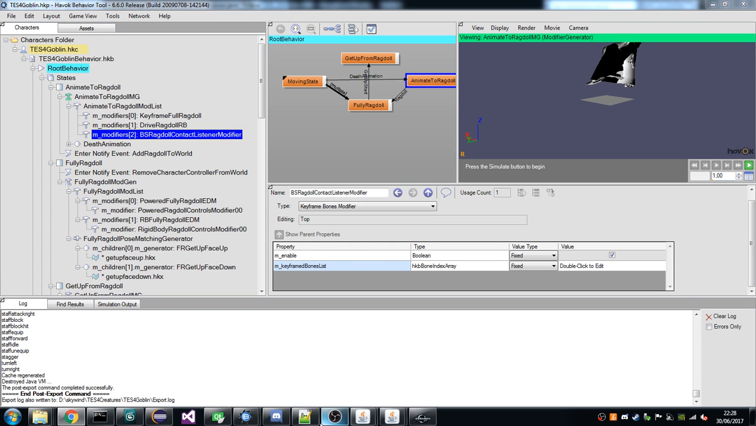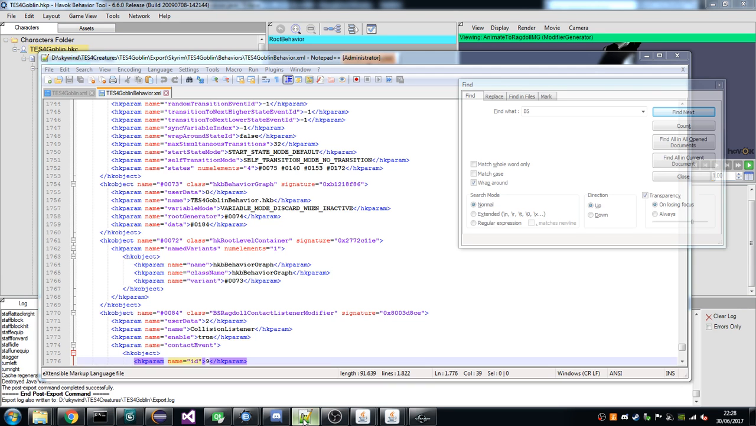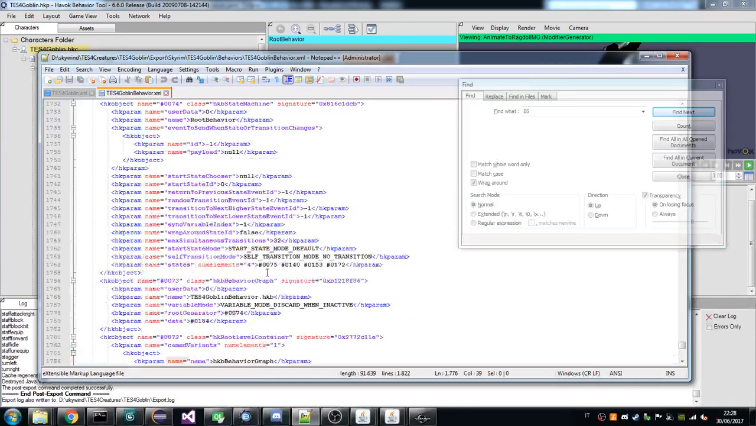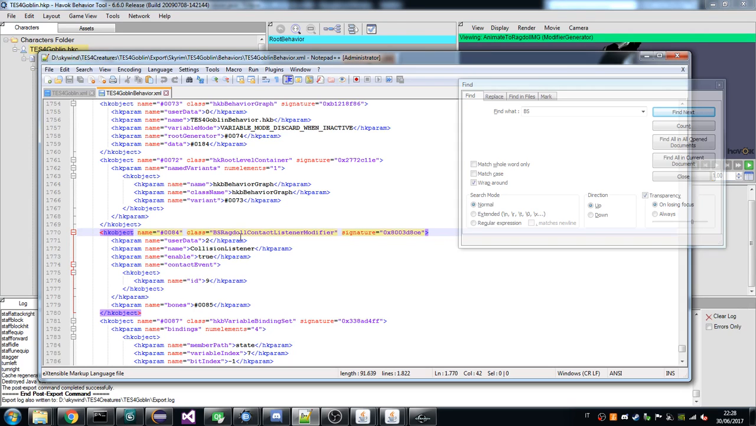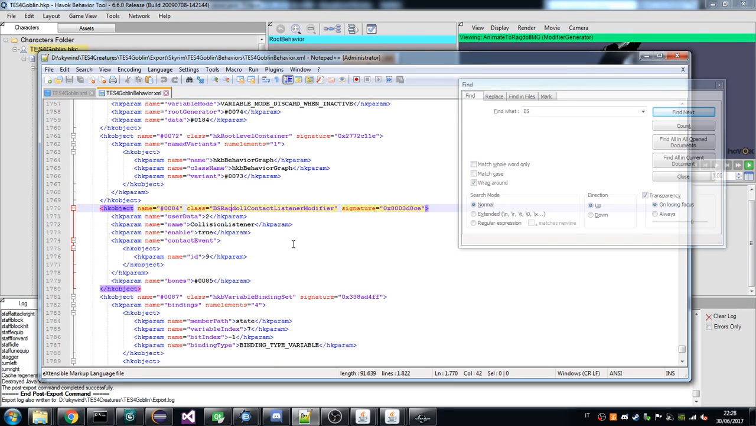Okay, so let's reload our generated behavior and search for the BS ragdoll contact listener modifier, which was correctly added with our hard-coded user data. Its name is collision listener,